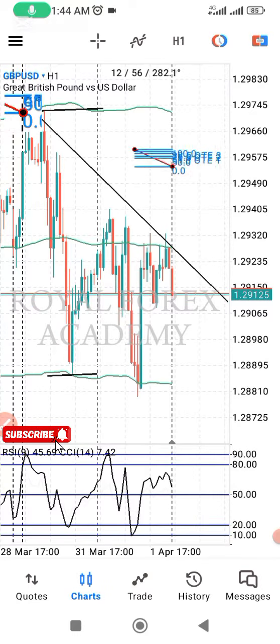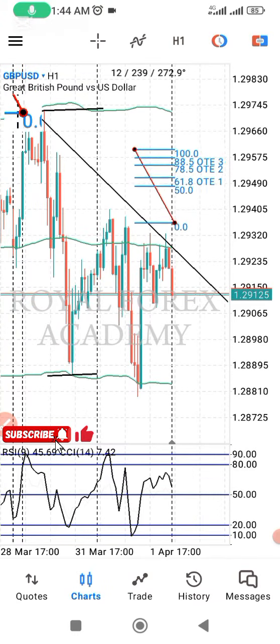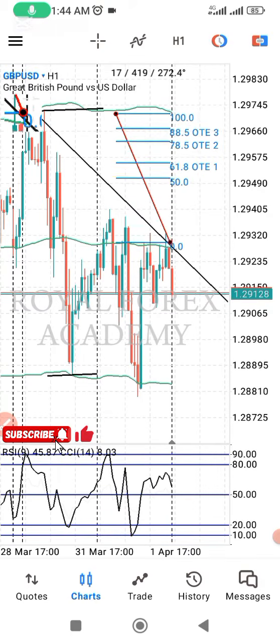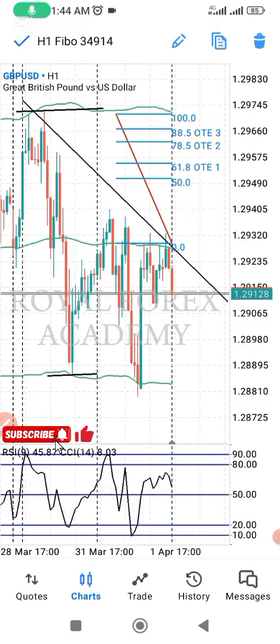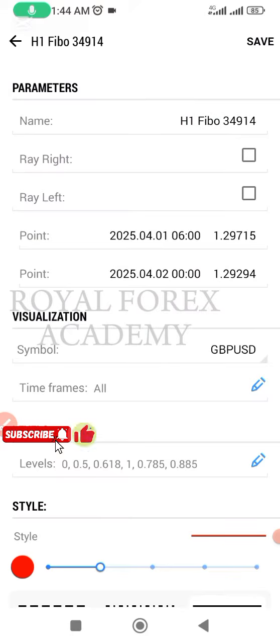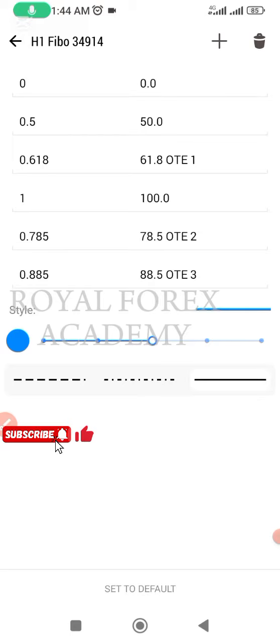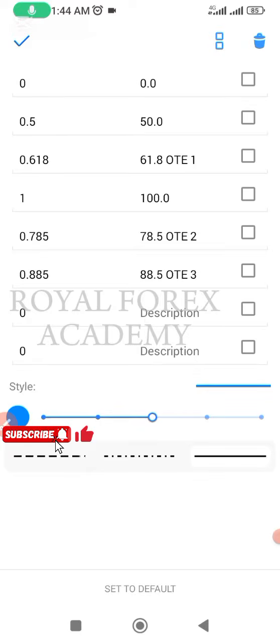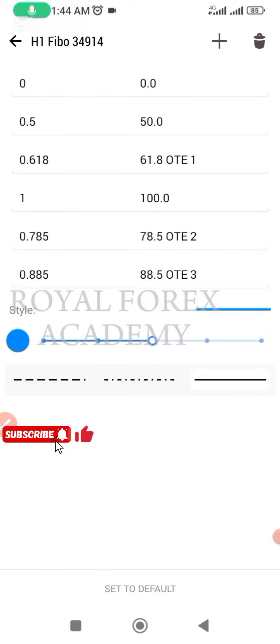So this is the Fibonacci tool, and if you don't have this, all you need to do is pick it up from your tools and simply do the setting. Here are the levels. This is not the default level, so you are to edit to add level or edit to delete the levels. Okay, so